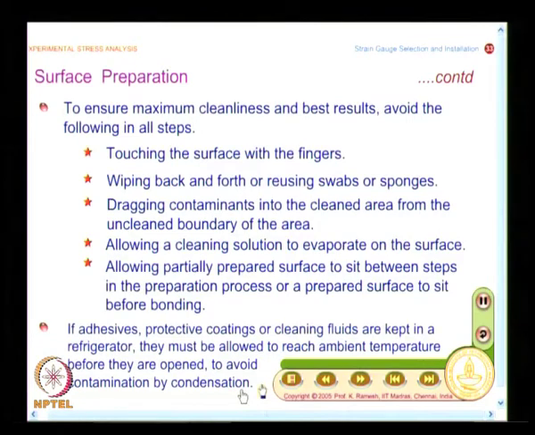See, only good experimentalists will follow all these procedures. So, this also indicates an experimentalist has to be systematic and patient. It is not that you go quickly take the adhesive and then quickly go and do the strain gauge bonding. You do not do it like that. You have to follow a procedure, you have to be systematic. The reason is, you are measuring very small quantities, and perfect bonding is a must. It is not a trivial step.